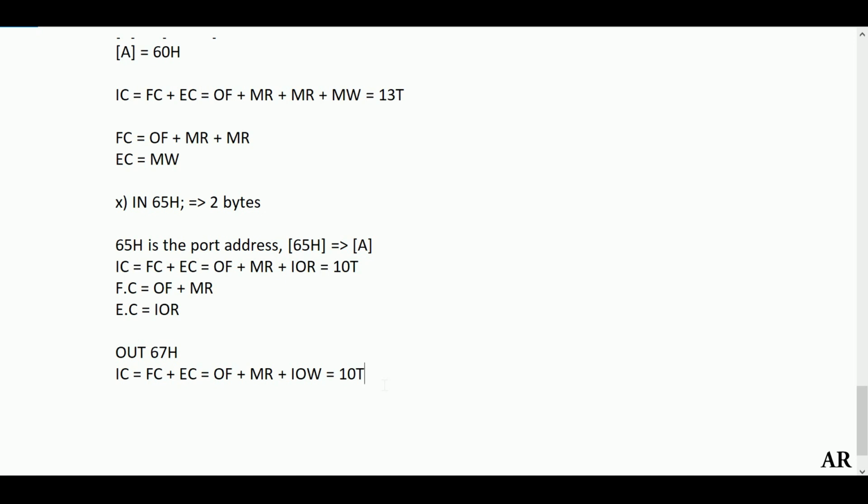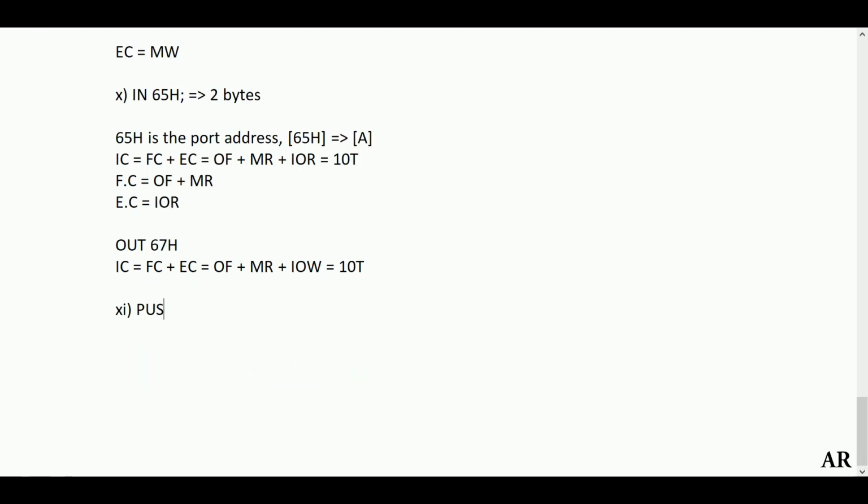The next category of instruction will be push and call. Once we are done with that, we'll be winding up this video. The next instruction is PUSH D. As per the format of the push instruction, the D corresponds to a register pair. That means it is the DE register pair whose content will be pushed onto the stack. In the class when we were discussing the push instruction, I explained it in depth, so you can refer to the notes there.